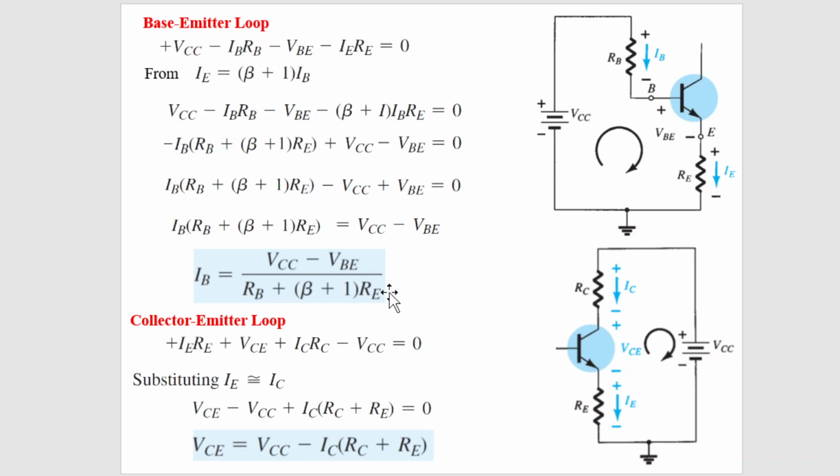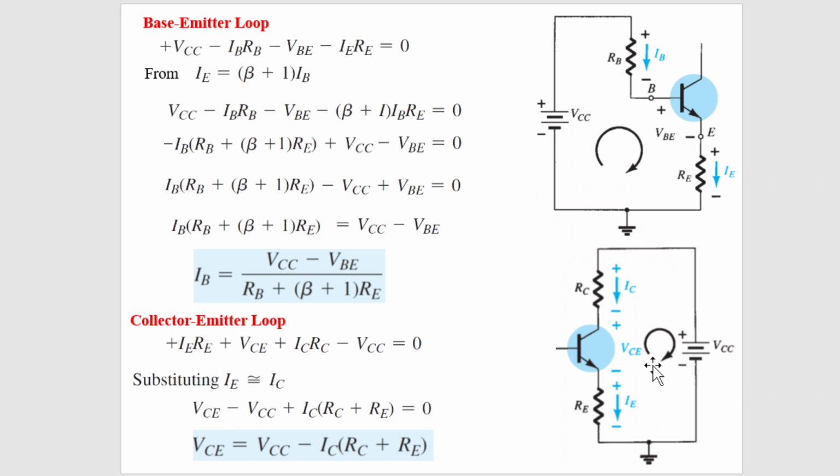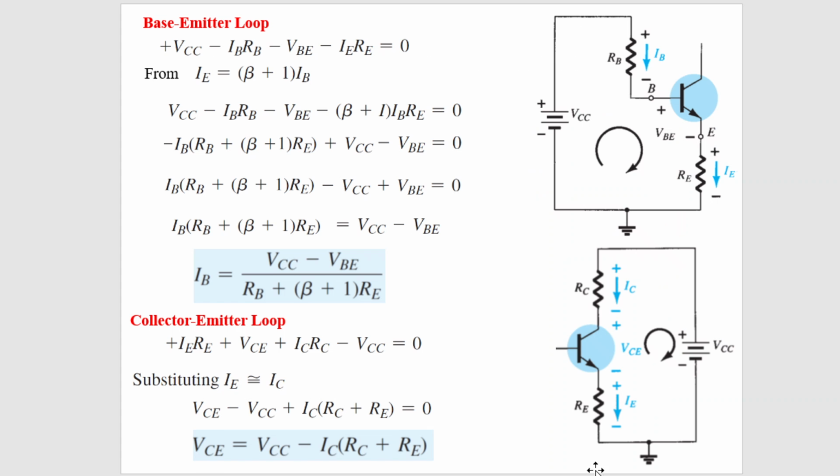Okay. So now we apply Kirchhoff voltage law to the collector emitter loop. The other end of this DC power supply is grounded, and this end is also the same, so we can connect with a wire, something like this. This is RC, the collector resistance. Collector current is flowing. Then the positive end of the battery is connected with the collector resistance, the negative end of the battery is grounded, and the emitter is also grounded. So this makes a closed loop.